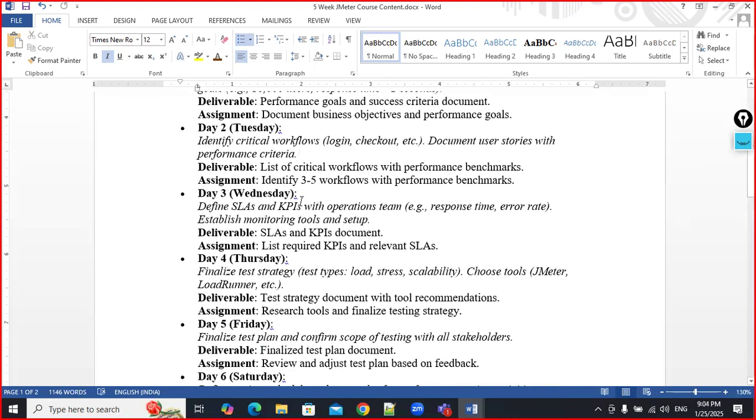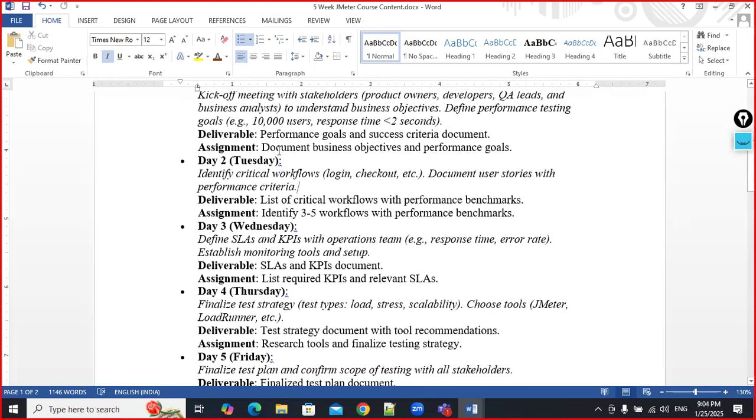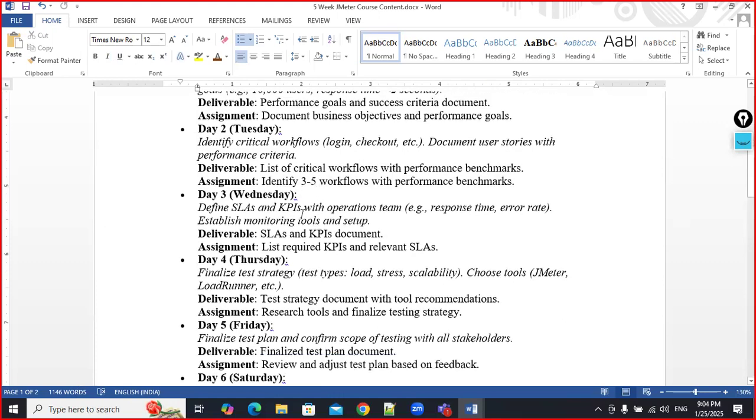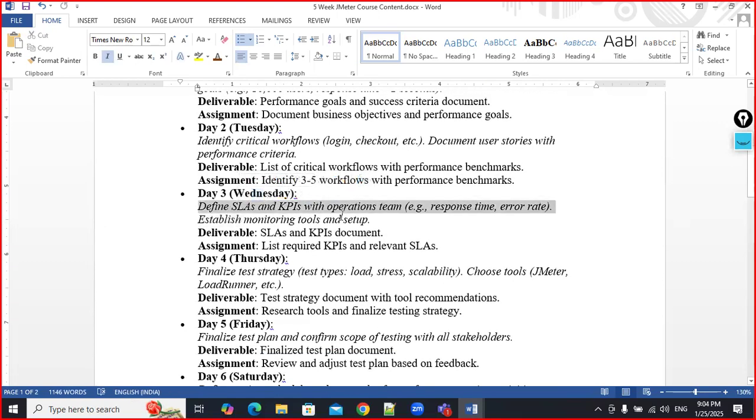And on the third day, again, for each and every day, assignments are going to be there for sure. If you get some time, you need to work on that. I know most of you are working, so I may not force you to work on these parts. But whenever you start learning, it's always mandatory to start working on the assignments, then you will learn the concepts quickly. And on day three,